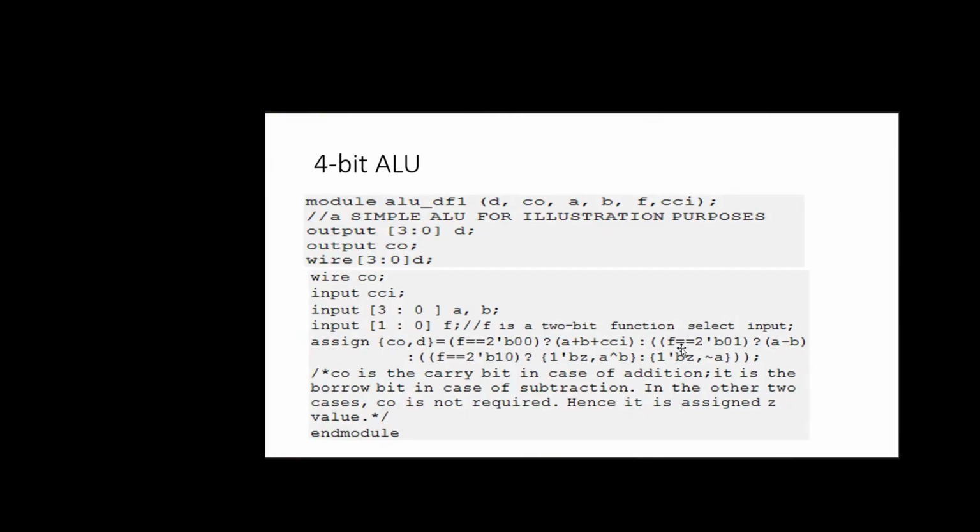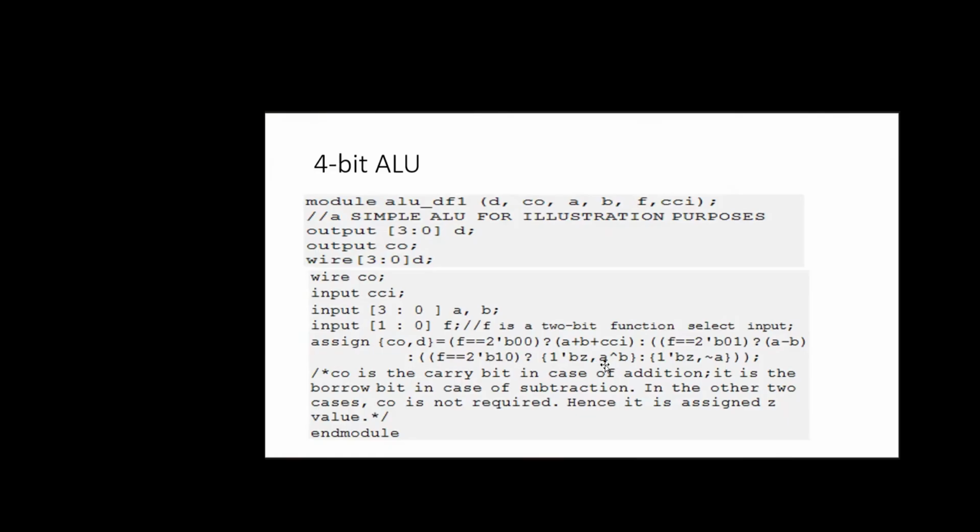If this condition is also not satisfied, then after the colon, whatever is there will be assigned. So after the colon, we are going to have one more condition where F takes the value 2-bit binary 1, 0. Before the question mark is the condition. If this condition is true, the very next statement will be assigned. Means, if F equals 2-bit binary 1, 0, if this statement is true, then what happens